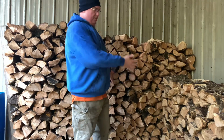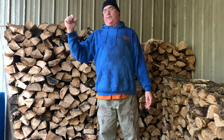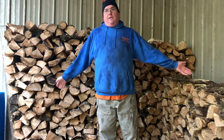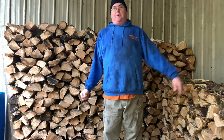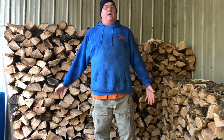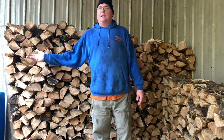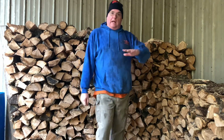But to just have this sit, it takes forever, not forever, this semi-seasoned stuff. If it sat in here for like 3 or 6 months, it'll be ready to burn over the year. But let's just say this is green wood, investing a lot of money from my log suppliers and just to have it sit is just not going to work. So if you have the space, I'm begging you to order early and let it dry at your house,